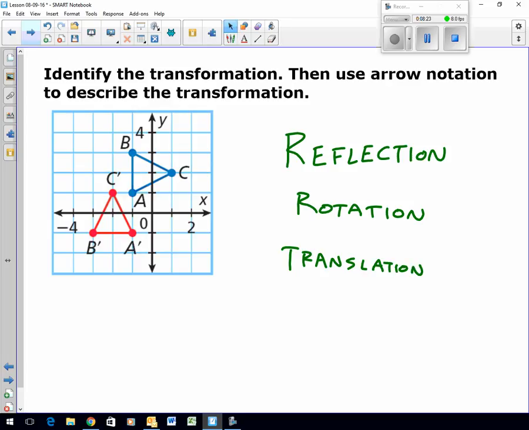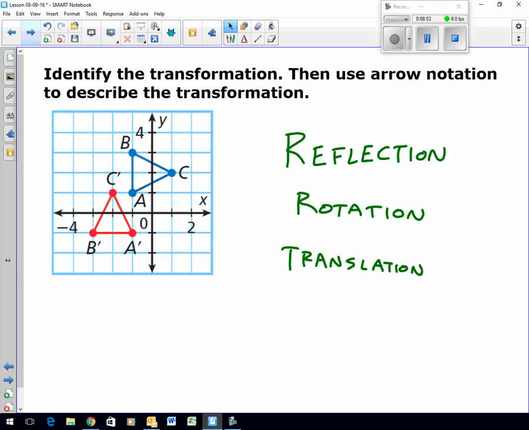Reflections, split, correct? Rotations, turn. Translations, slide. What occurred here? Very good. Rotated, correct? It rotated. I went from this point to this point. I simply turned. Okay, if you want to know, that is called a